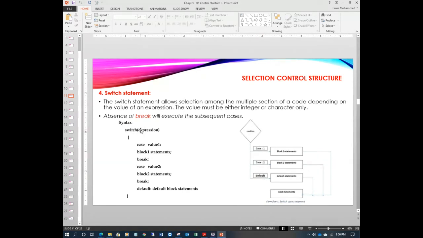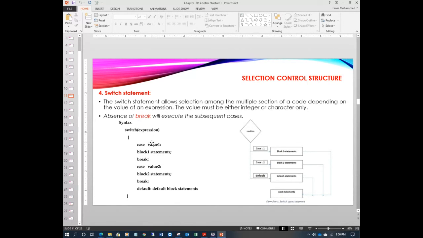So switch expression. The expression here may be an integer or a character value. Please remember this, it is very, very important: the expression is either an integer or a character only. Here case value 1 is either an integer or a character value.